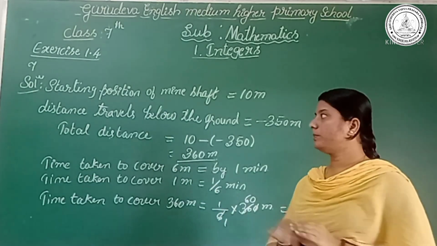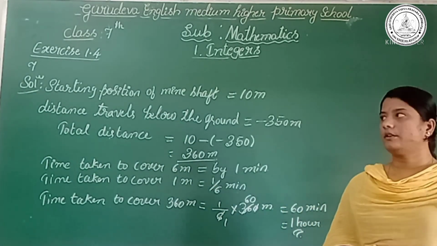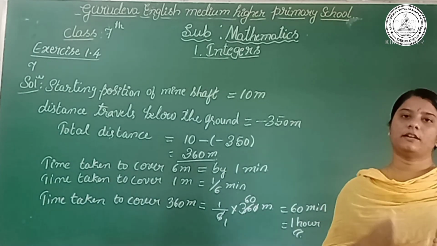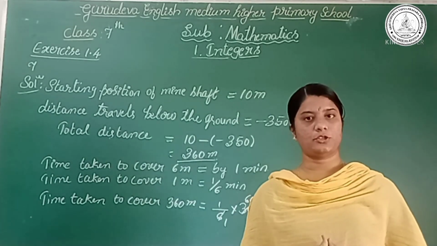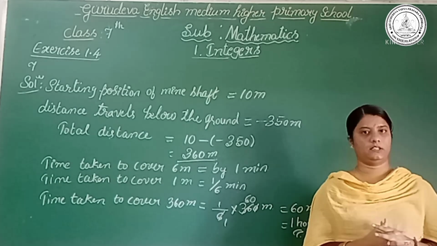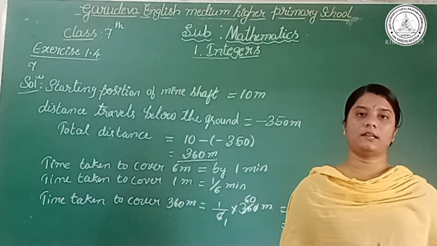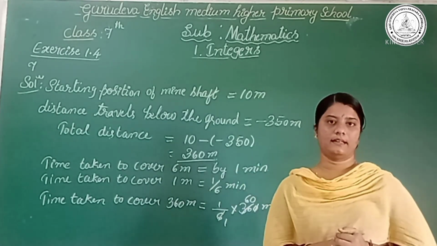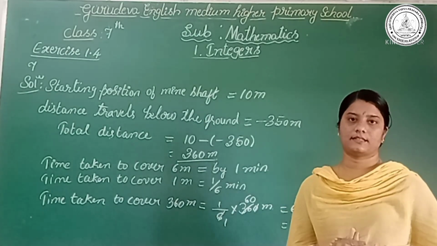It's clear? So by this I have completed the lesson on integers. Let us recall: in the first part we learned the addition and subtraction of integers and their properties, and multiplication and division properties, and how to multiply and divide like signs and unlike signs, right? And also we have solved the exercises.